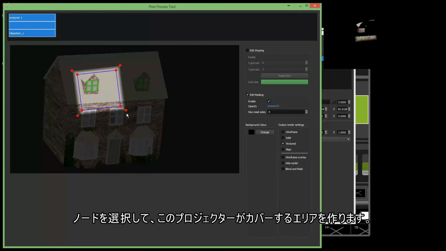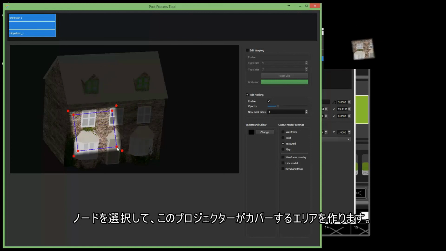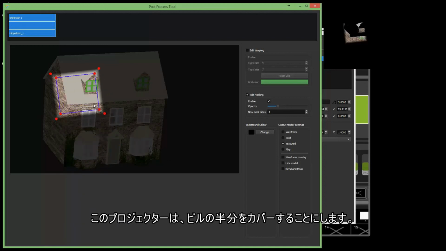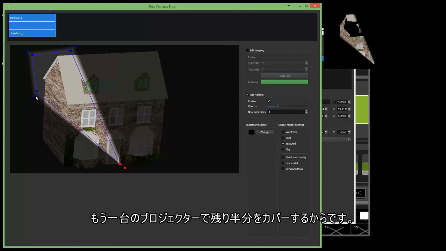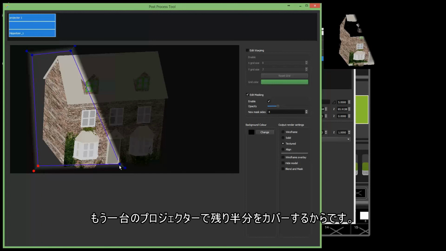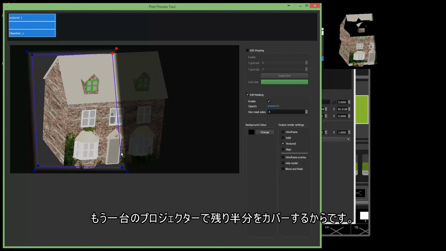So I can now select all my nodes and say, okay, I want this projector to only take care of, say, the front, half of the front, or everything. Let's say I wanted to do everything, or half the building, because I want another projector to take care of the other half of the building. So what I can do is I can just like this. So I can do a multi-selection of the node and the warp. And what I want to do,